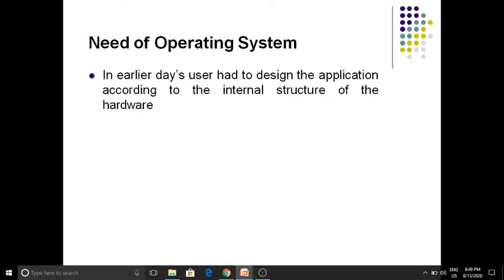Next, what are the needs of operating system? Why do we need an operating system? Did you understand, students? Suppose you take the example of a television which you bought for your home. You have purchased a new television.